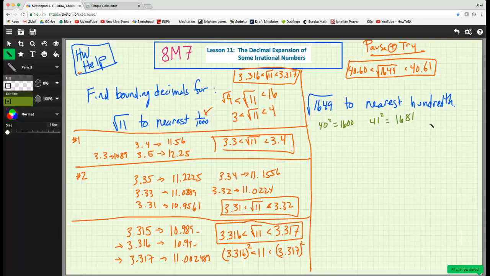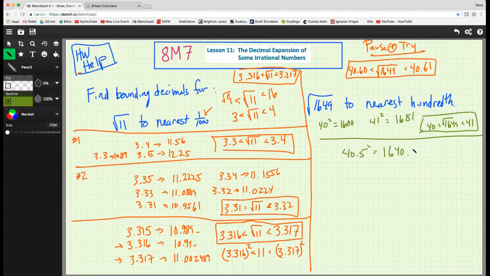So we know that the square root of 1649 is between 40 and 41. So that's our first estimate, but we need to get to the hundredths. So let's try 40.5 squared, that equals 1640.25, too low. 40.6 squared equals 1648.36, still too low. So 40.7 squared equals